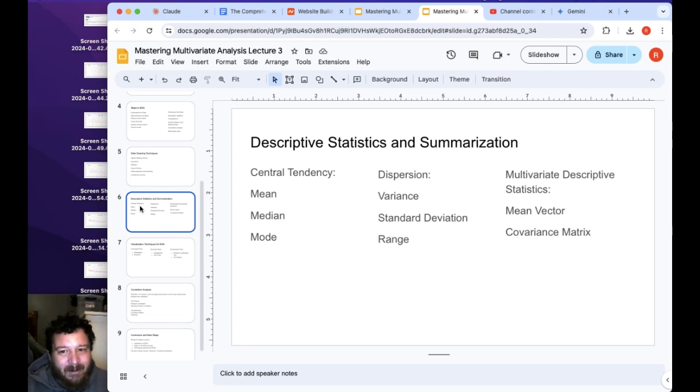Those matter a little bit more than mean, median, or mode, but you have some variance there, right? And then same thing with multivariate descriptive statistics. You have mean vectors and covariance matrix, and these are just how you graph out and how you visualize this, how you get to the end result. In each one of these steps, there's a choice that you can make. You have choices as to how you can break down, how you can analyze, and how you can visualize this